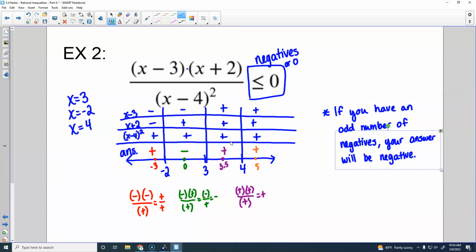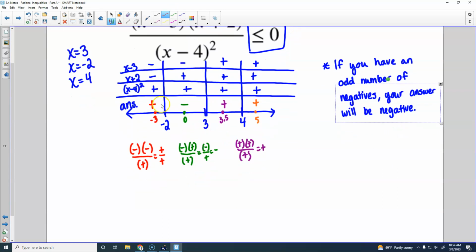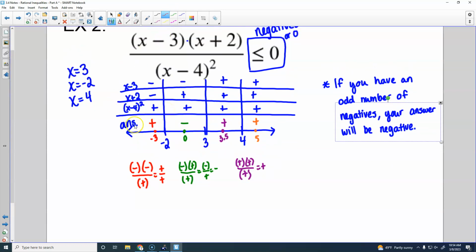But if the chart is confusing you, I'm going to use it a couple more times, but let me go back. If you followed me on number 1 and on number 2, and you're like, this doesn't make sense, Miss Hyatt, you don't have to do the chart. So if I want, I would still have to find these numbers. I would still make my number line. But if I wanted to do this without the chart,